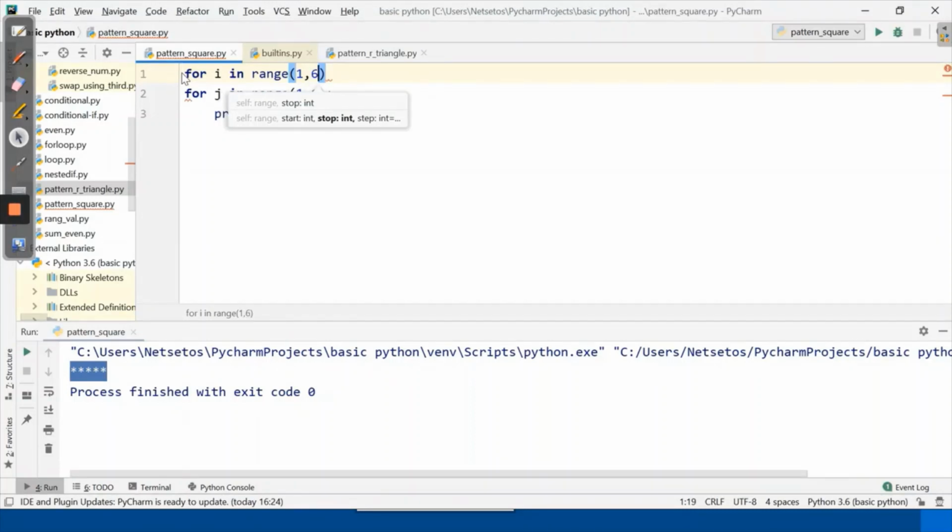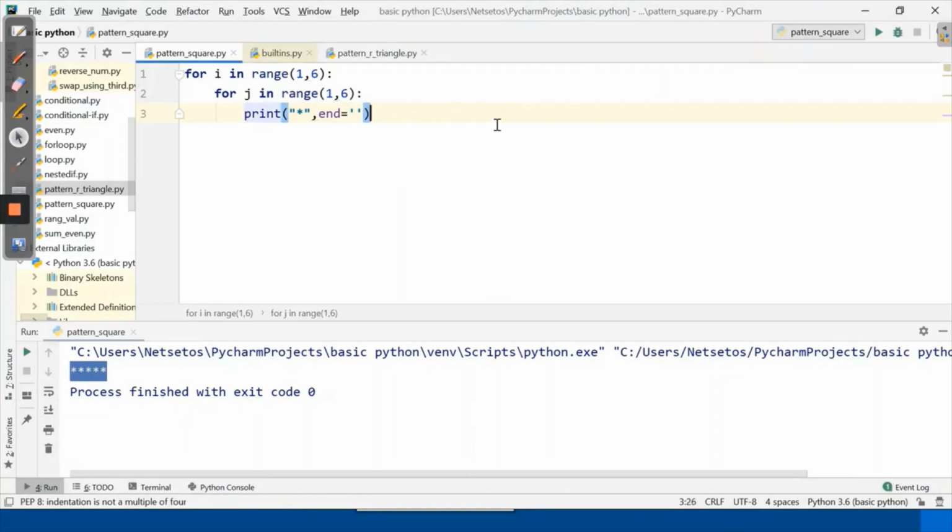So 6 and 1 will be step size, so I will not mention here. So after colon, I need to indent it. So let's print this. What I can see here, because of this, it will take every star in a single line.